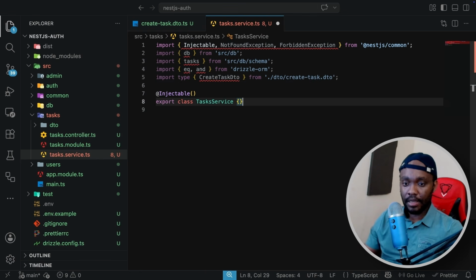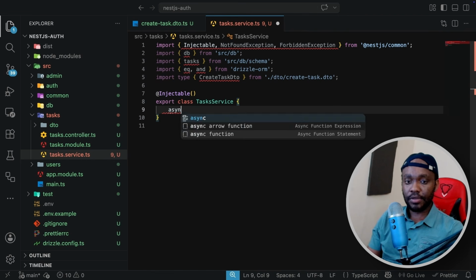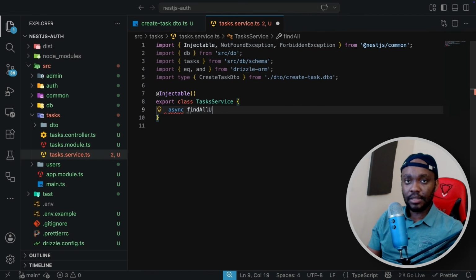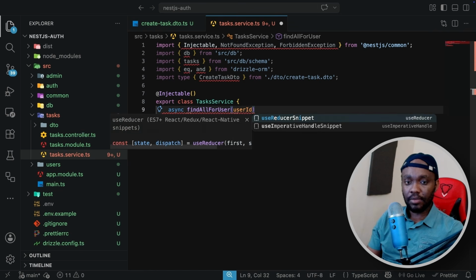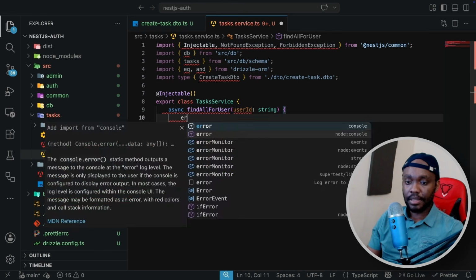Okay, so in here, let's have our methods. We're going to have this async findAllForUser. So the idea is this is going to find many, so all the tags that belong to a specific user. Then we need the userId, which is a string, and we're going to return the